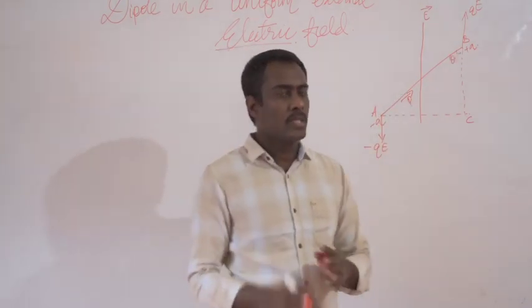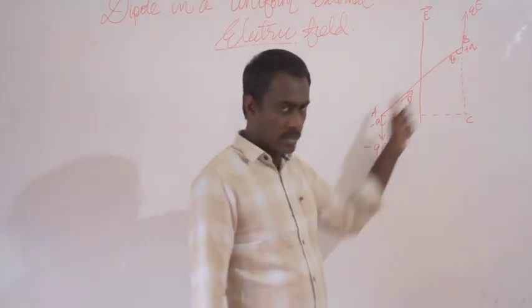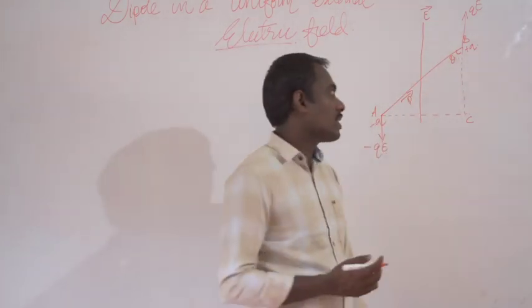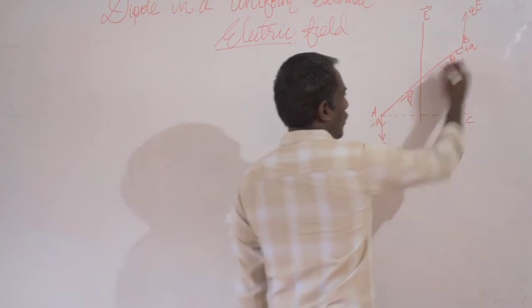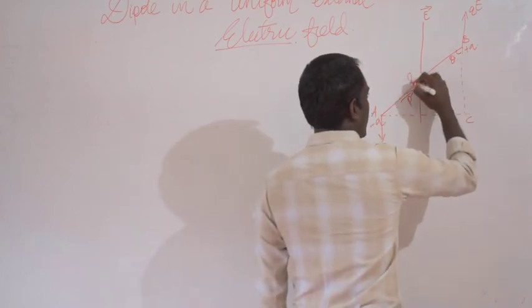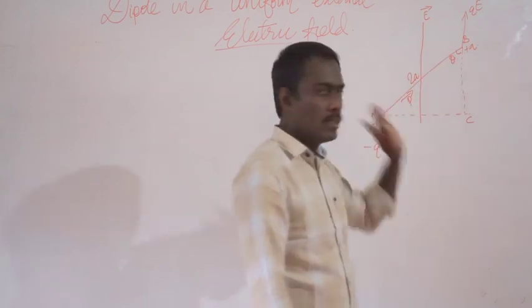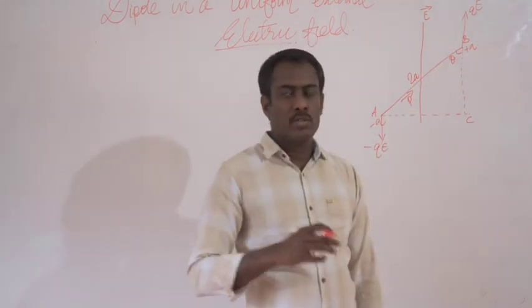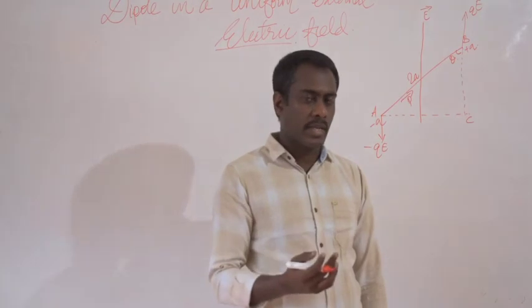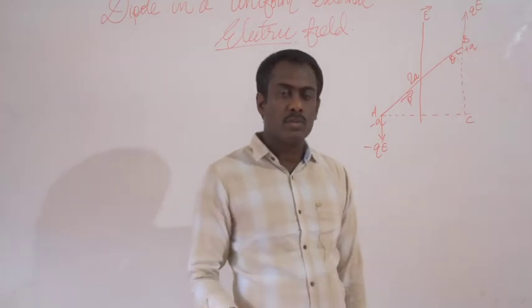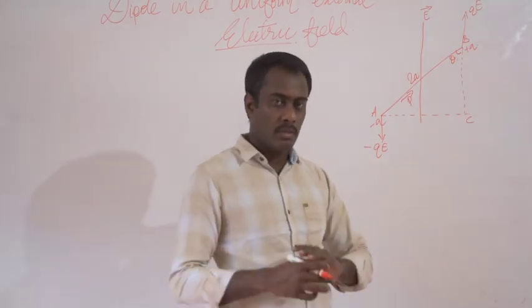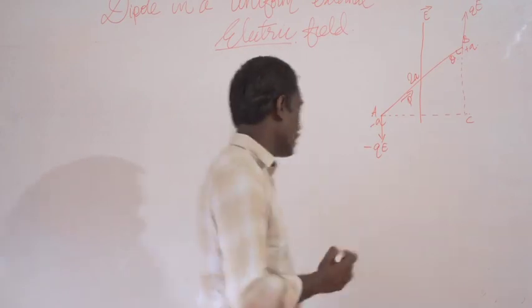However, these two forces are acting on two different points separated by a distance AB, and they are separated by a distance 2A. Okay, the distance between A and B is 2A. Hence, these two forces constitute a couple, and the magnitude of the torque tau is produced there,